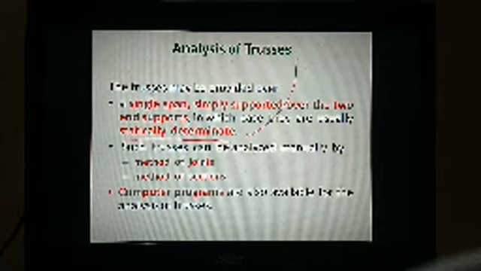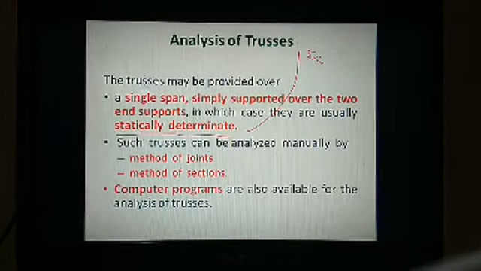You can analyze your structures with the help of equilibrium conditions. What do you mean by equilibrium conditions? You can calculate the internal forces in the members with the help of summation of x equal to 0, summation of y equal to 0. With these equilibrium conditions you can calculate the internal forces acting in the member, right? These truss members can be analyzed manually by the method of joints and method of sections. I think in first year engineering mechanics you already learned how to calculate the internal force acting in the member based on its